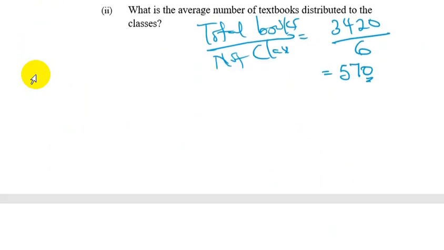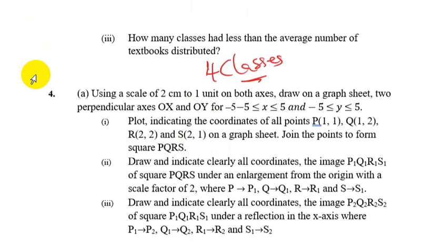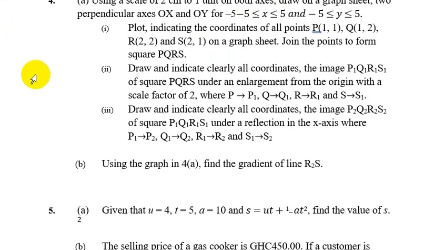So how many classes had less? 4 classes. That's all. Now question 4 is a question under